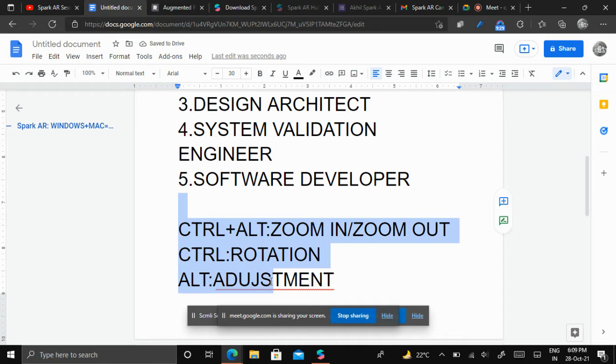These are the shortcuts in the viewport so that we can control them easily.